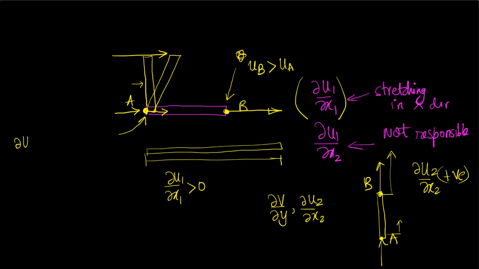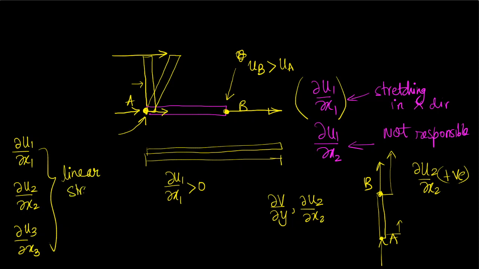Therefore, del u1 del x1, del u2 del x2, and del u3 del x3 are responsible for linear strains, or in this case linear strain rates, and they are the diagonal components of the rate of strain tensor or the velocity gradient tensor in general. So the diagonal components are responsible for linear strain rates,